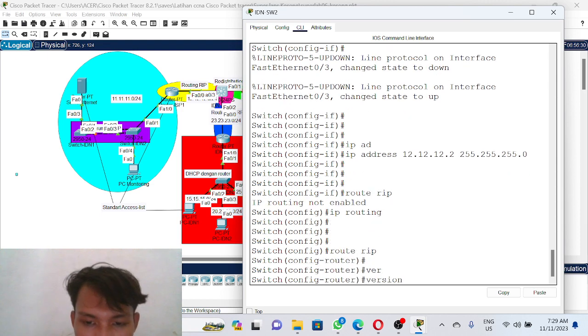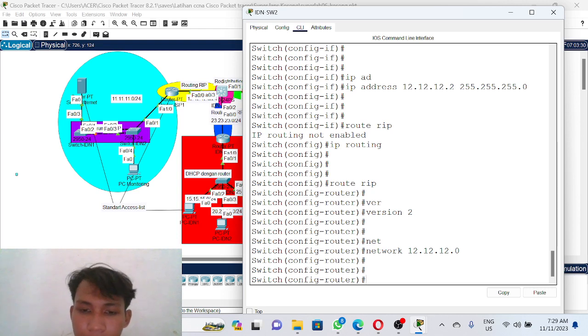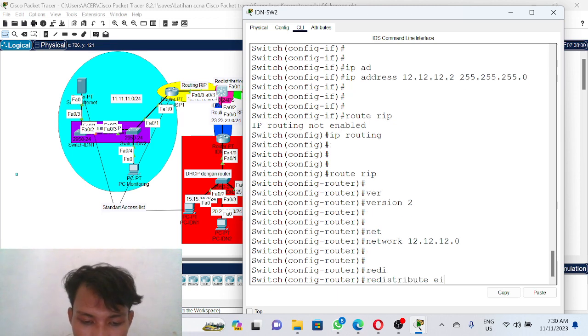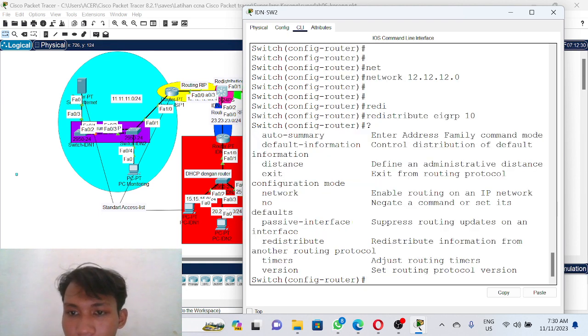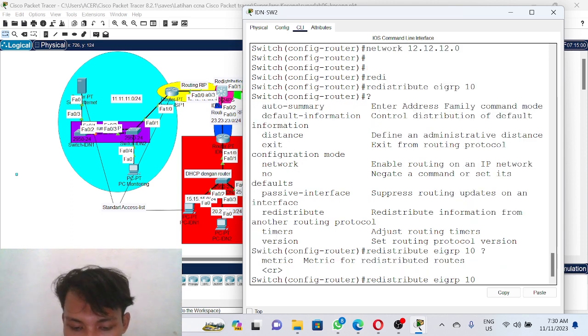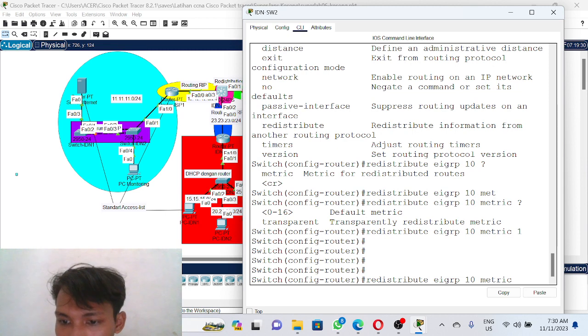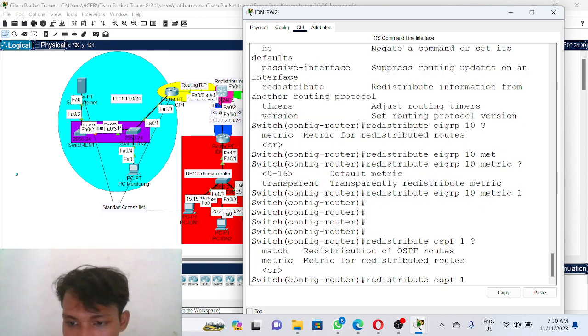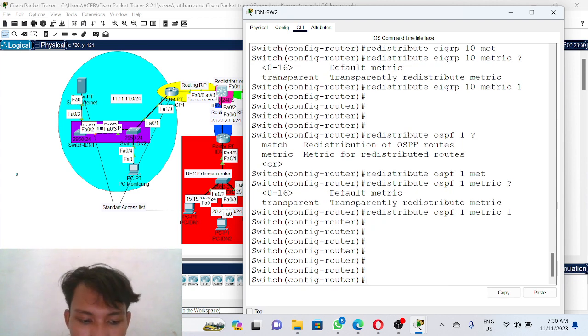RIP version 2, we make the network 12.12.12.0, and then we set up the redistribution: redistribute IGRP 10, question mark, metric, question mark. We take the value one. Then redistribute OSPF for the floating RIP, OSPF 1, question mark, metric, question mark. We take one, okay, then we exit.